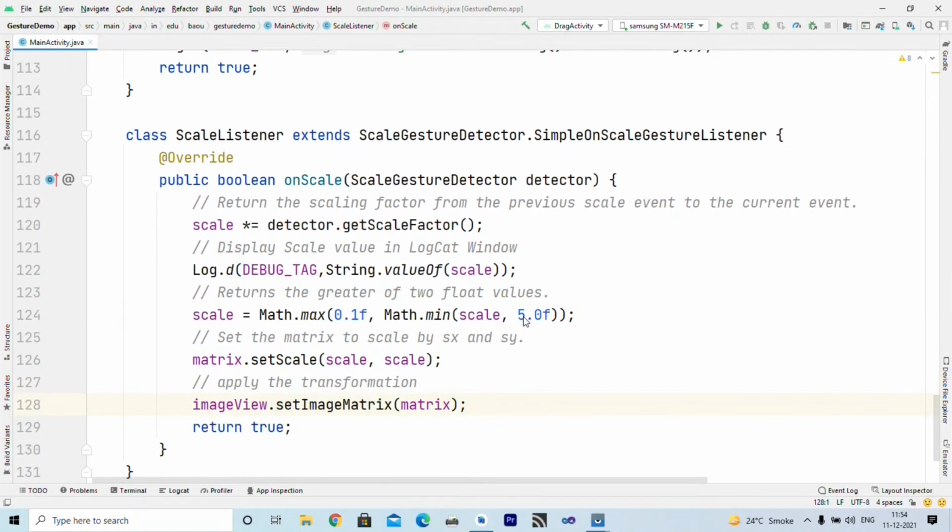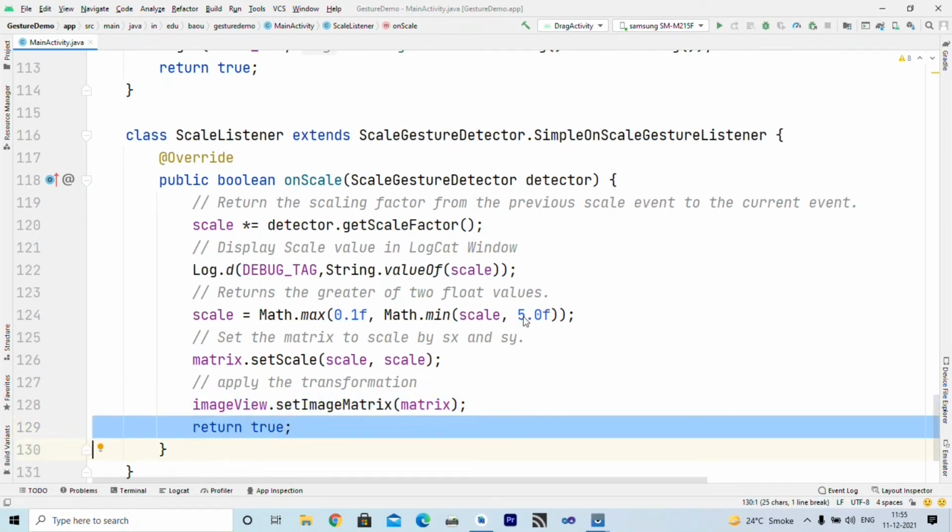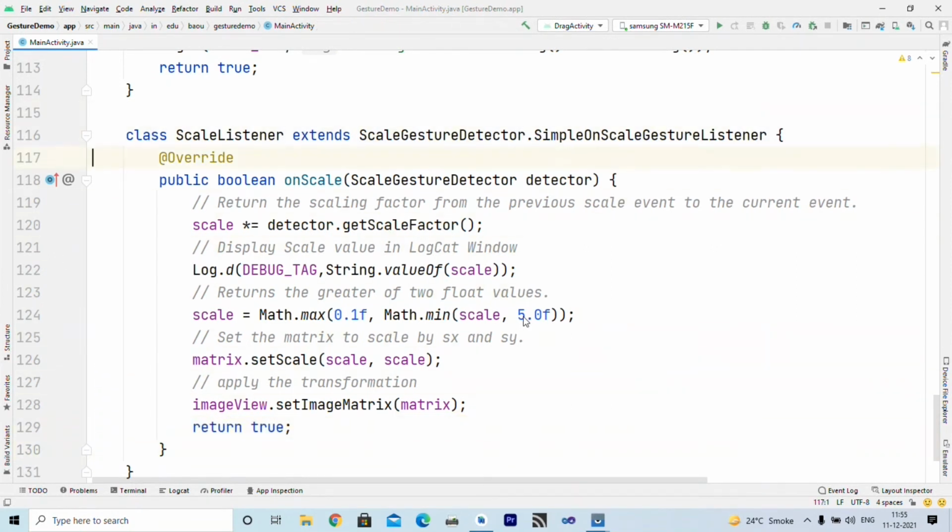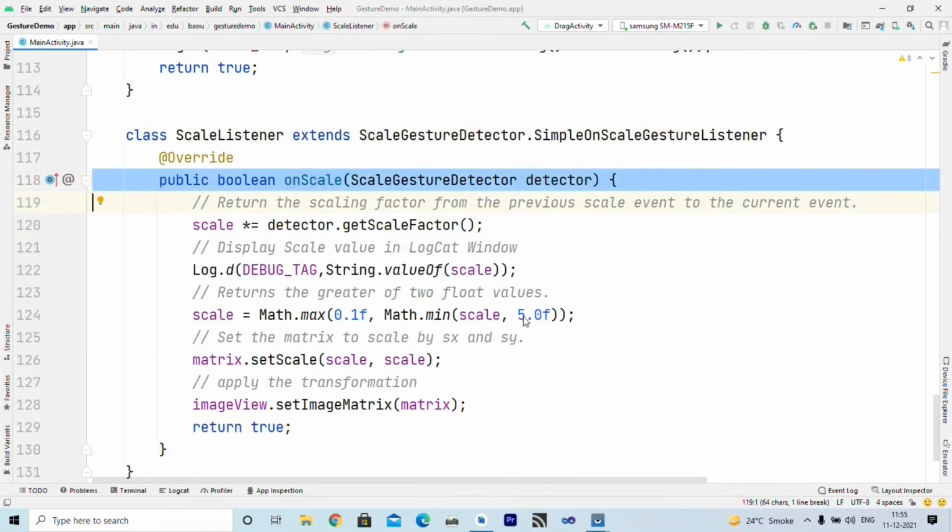But until you write setImageMatrix, it will not apply that transformation. So to actually implement this scale, you have to use the setImageMatrix method to apply the transformation. And here at last we return true because we have handled this onScale event.